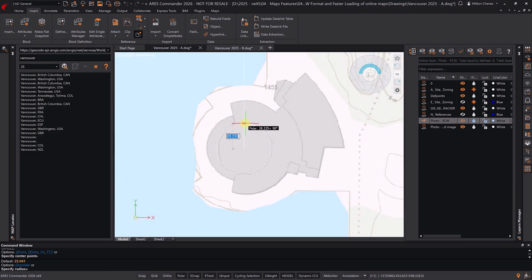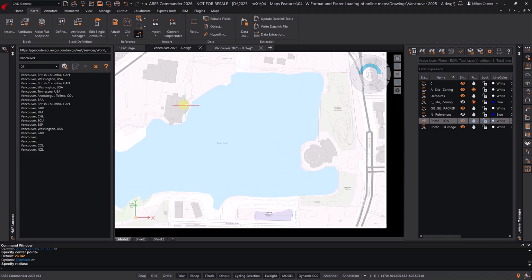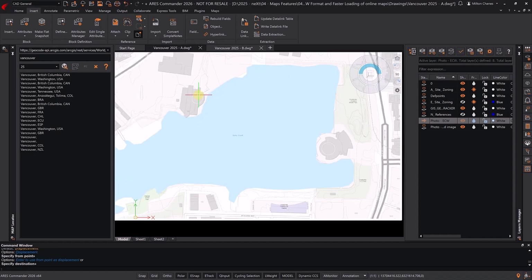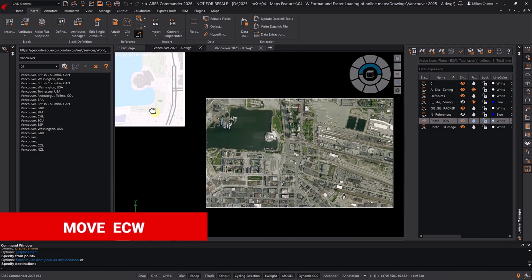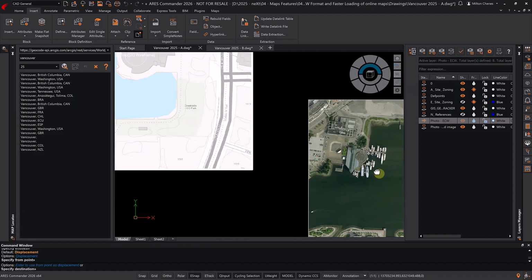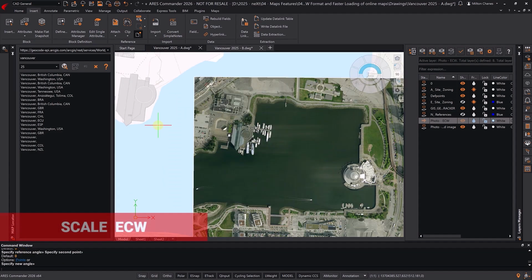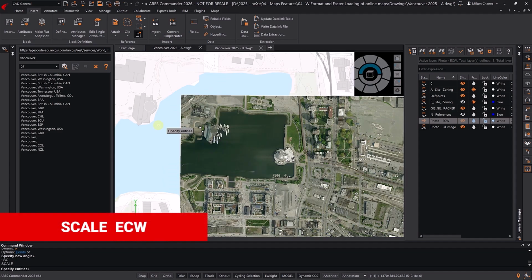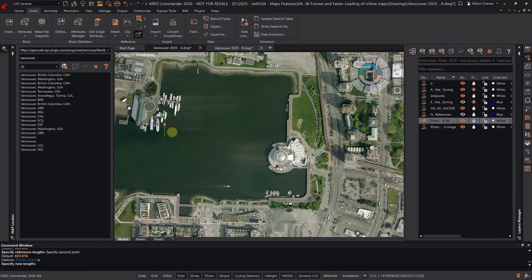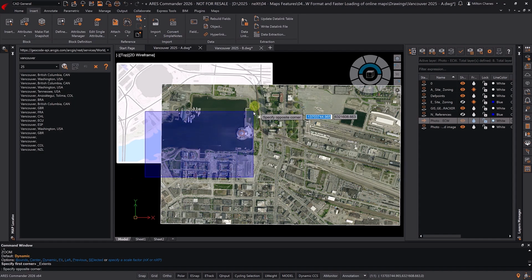In this example, we'll create two circles, aligning them with the shapes of the existing buildings visible in both images. Now let's position the ECW image correctly, by using a known reference point. We can then scale the image based on the distance between the 2 points. It's quite common to use reference elements for scaling, especially when working with photos, as they often lack precise points.